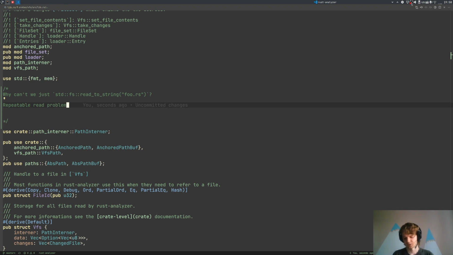Again, when you're writing a batch tool like a compiler, you typically read the file only once and then use it. In something like Rust Analyzer, you probably want to read a file several times, at least because the user can actually modify the file and you need to somehow learn about changes to this file. And that means that generally